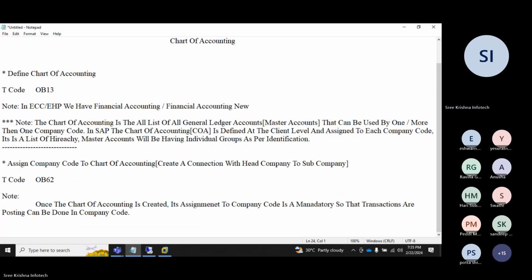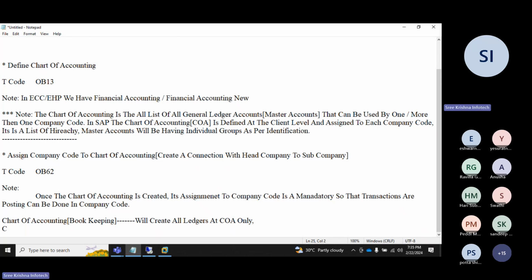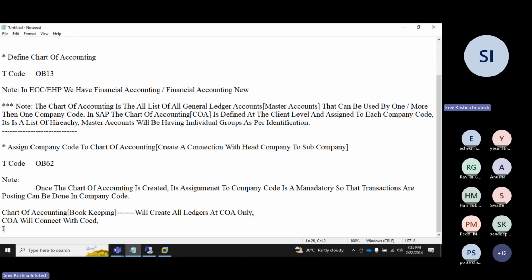Look here. Chart of accounts. Bookkeeping. We will create all ledgers in the chart of accounts only. The chart of accounts will connect with the company code. If you post a ledger as a document,